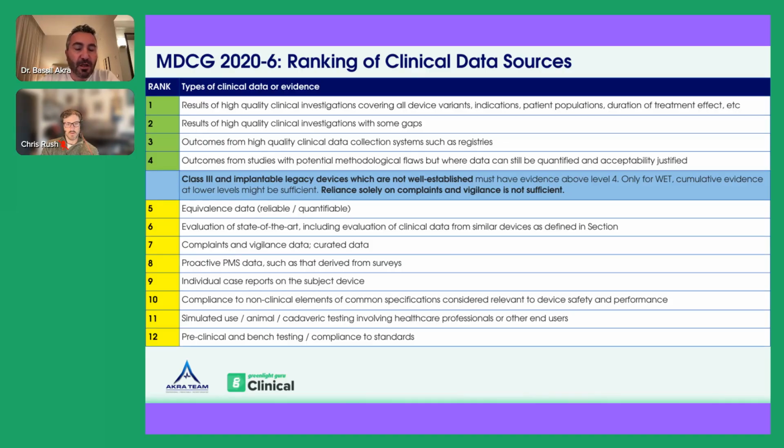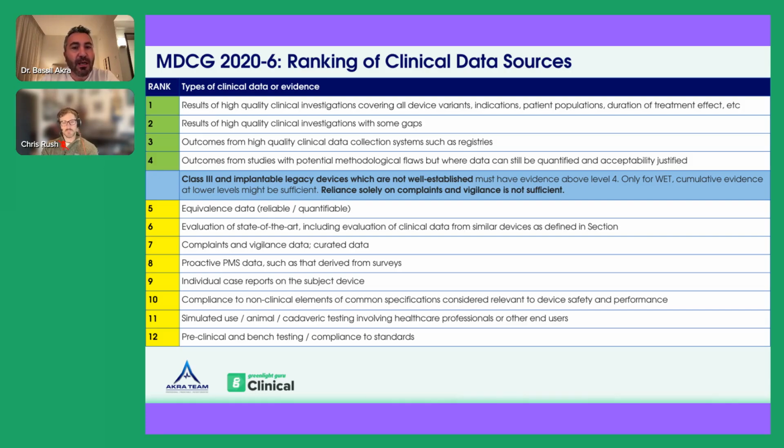So when referring to the guide wire or a plate, I was stating that if you are evaluating your clinical data at this moment and you recognize you don't have high quality studies, you don't have a device registry, but you have a combination of state-of-the-art data from similar devices, data from the procedure, data from equivalent devices, complaints data, and some simulation data. Those holistic data, which are clinically relevant, can be used in combination to justify